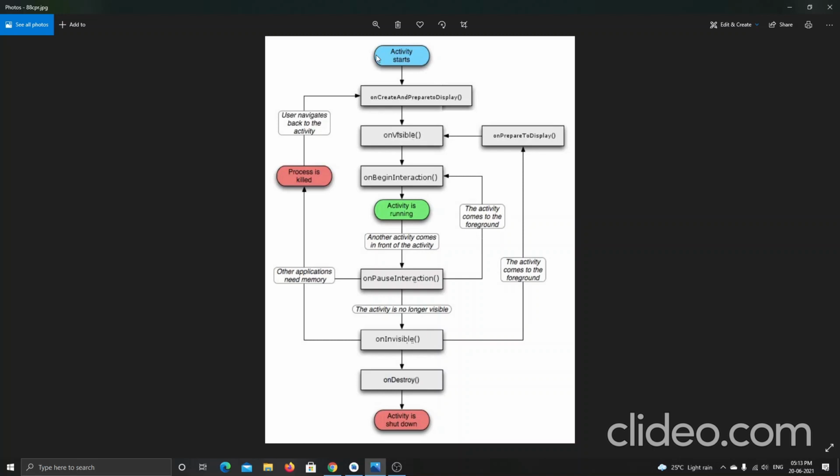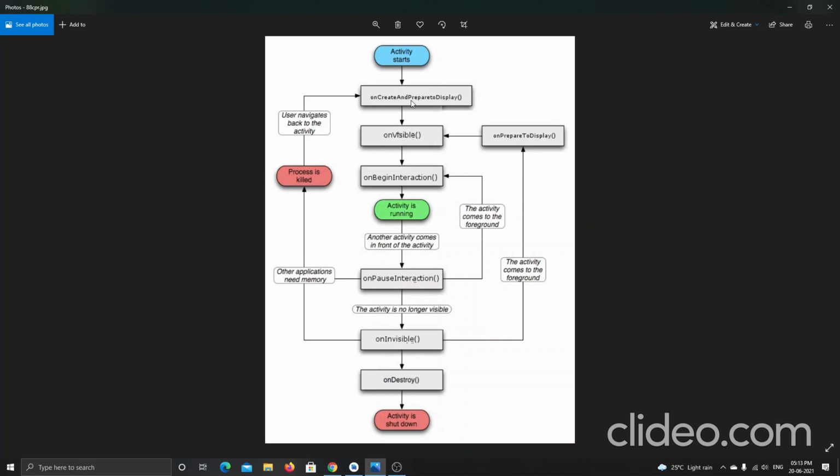When I first install the application and then run it for the first time, it starts the activity in the mobile. Then you can see the onCreate and prepare-to-display methods. These are all the methods.